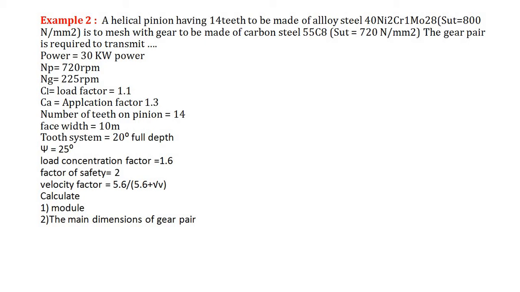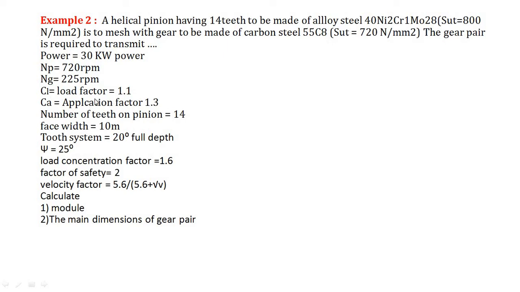Ultimate strength of this material is 800 Newton per mm square. It is to mesh with a gear which is made up of carbon steel 55C8. Ultimate tensile strength for 55C8 is 720 Newton per mm square. The gear pair is required to transmit power of 30 kilowatt. Pinion speed is 720 rpm, gear speed is 225 rpm, load factor is 1.1,